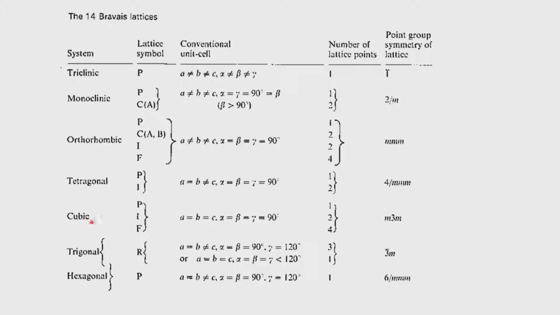Then we have the trigonal and the hexagonal system. As I mentioned, the relationship between these two is very subtle and it can be converted. For example, if you see the rhombohedral, there are 2 settings. One setting is the setting associated with the hexagonal system: A equals B not equal to C, alpha, beta 90 degrees and gamma 120 degrees. On the other hand, the hexagonal system is the primitive lattice, with A equals B not equal to C, alpha, beta 90 degrees, gamma 120 degrees.